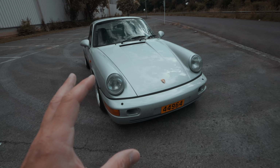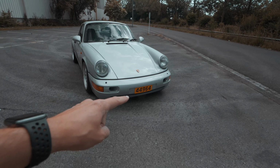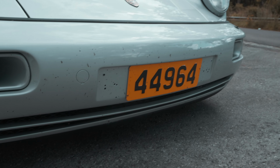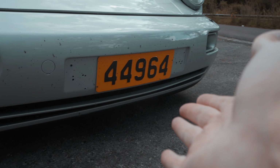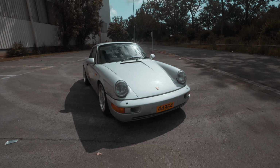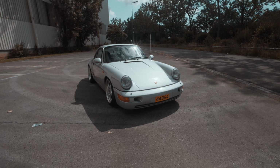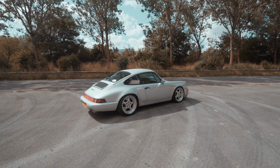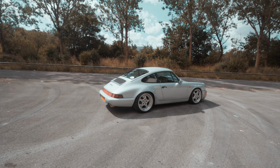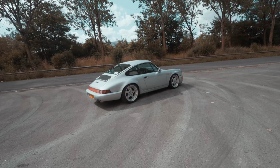The only thing that I still have to do is finally repaint this front bumper, because every time I attend a meeting of some sort or get to talk to other people, they always ask me, what have you done to your front bumper? I mean, this looks like some sort of Swiss cheese. But again, this is also complaining on a very high level. I absolutely love it. I love this car. This is my stress relief, even though sometimes it is causing some of the stress, but then giving you the possibility to drive it and enjoy it in this kind of weather is just what makes it